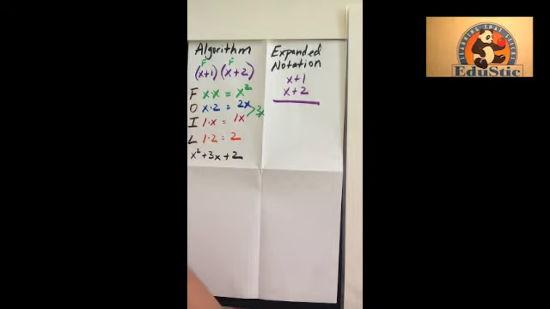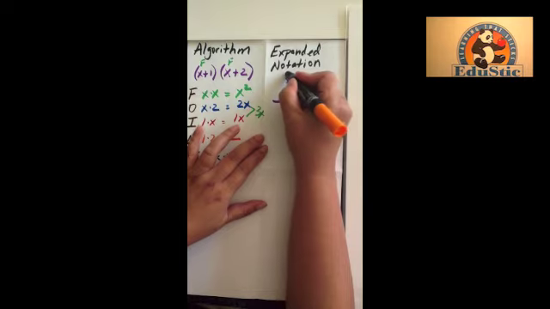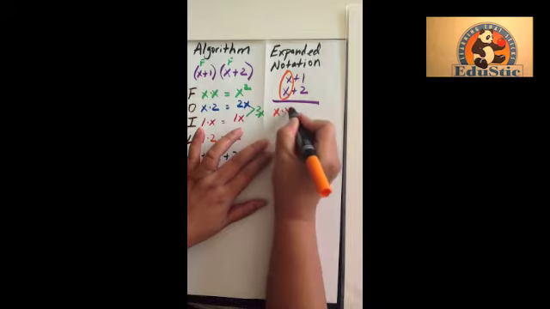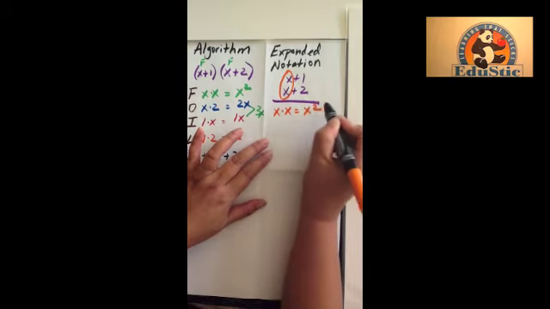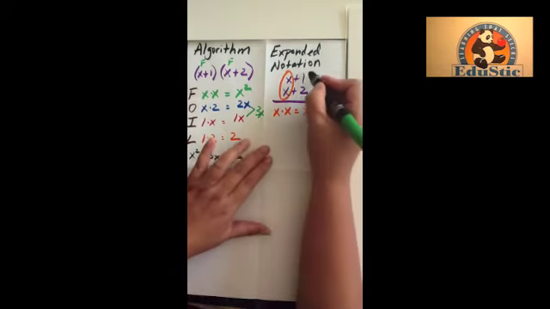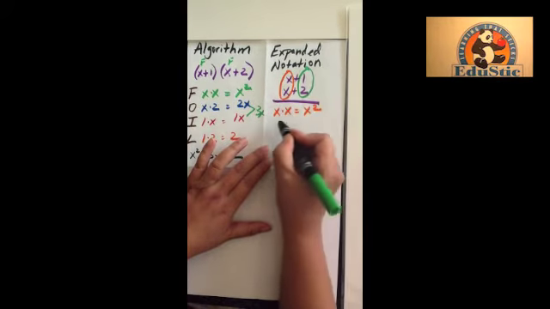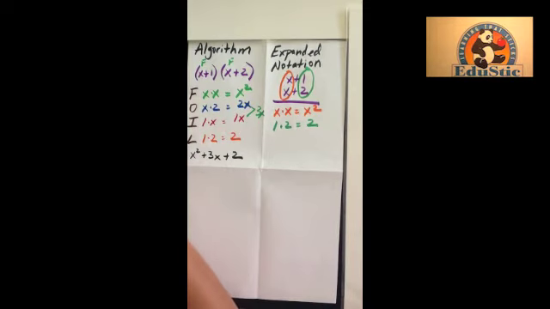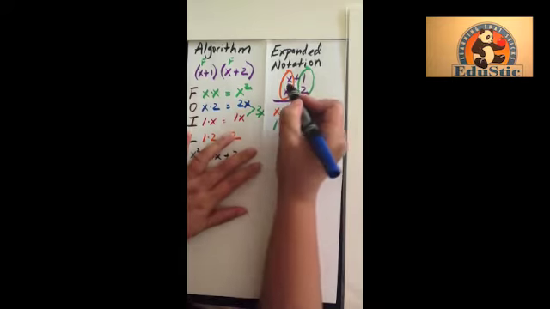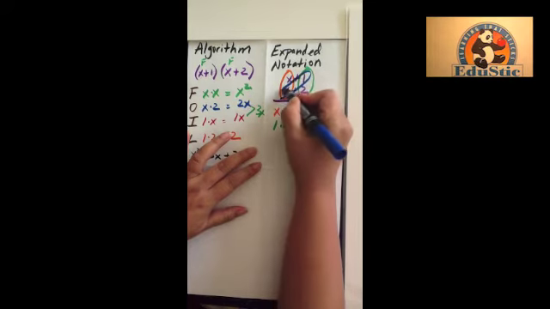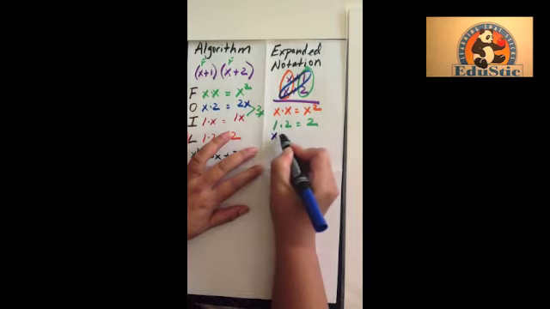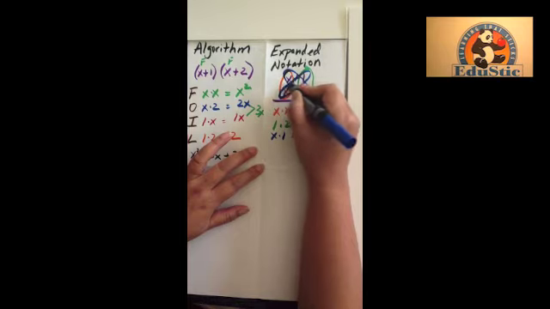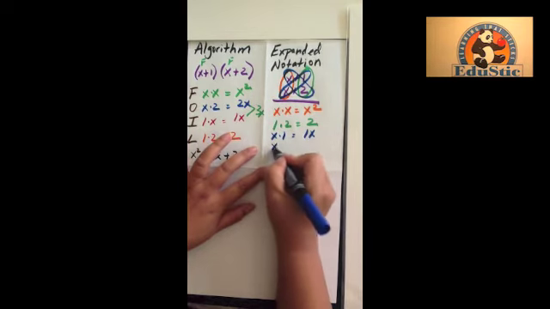And I'm going to go ahead and start off multiplying the x's first. So I'm going to put x times x, which gives me x squared. From there, I'm going to go ahead and multiply 1 times 2. So I'm going to write down 1 times 2. That gives me 2. I'm going to go ahead and do the diagonals, which is x times 1. I'm going to write x times 1, which equals 1x. I'm going to go ahead and do the other side of the diagonal, which is x times 2, which is